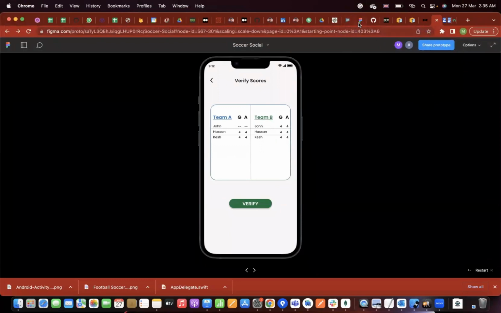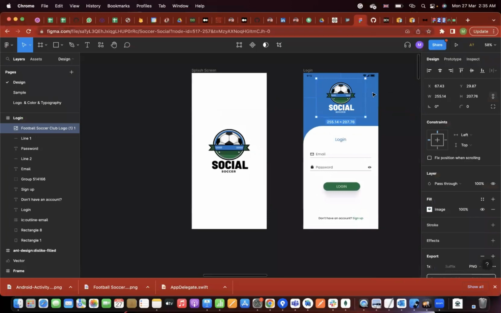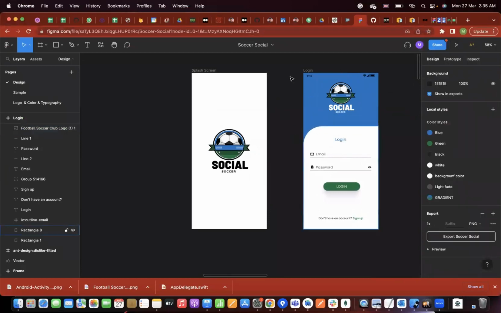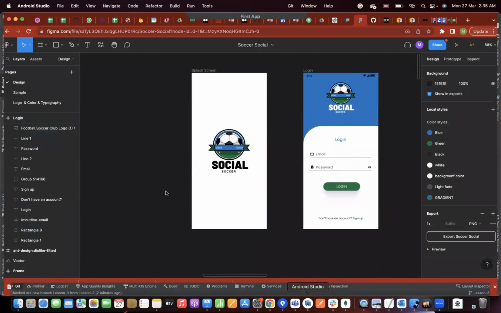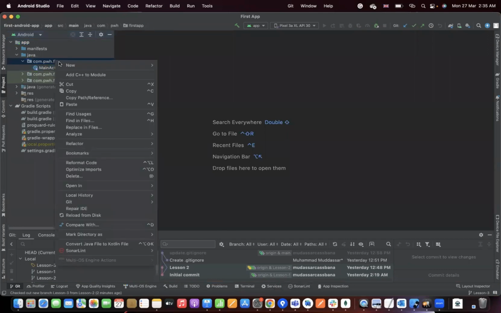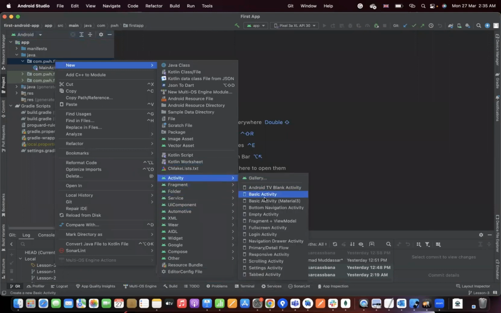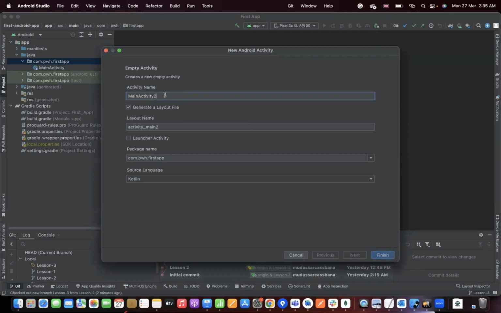Now it is. Okay, so I will use these two screens. One is a splash screen and one is a login screen. It's very simple. So for the splash screen and login screen, first I will quickly create two activities. I will go to here. We already have the main activity, but right now we will ignore it. We will create two more activities. One would be splash activity, empty activity. I will name it